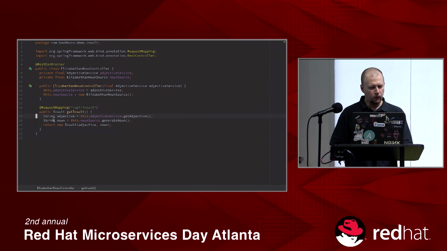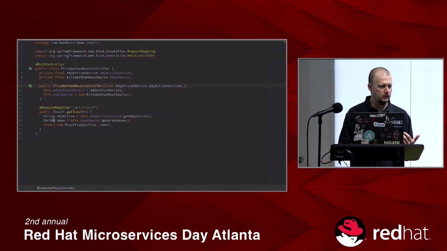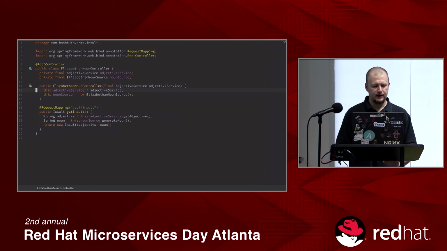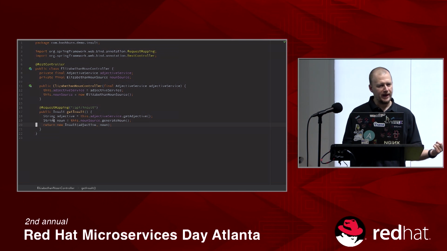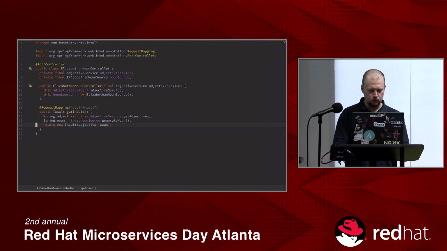So here we're passing this service in, and we're allowing Spring to do everything for us, right? We're just passing it into the constructor. That way it's final. We can do all of our cool things like that. And then when we return back that insult object, it's going to transform that into JSON in order to get back to our final request. All right, so